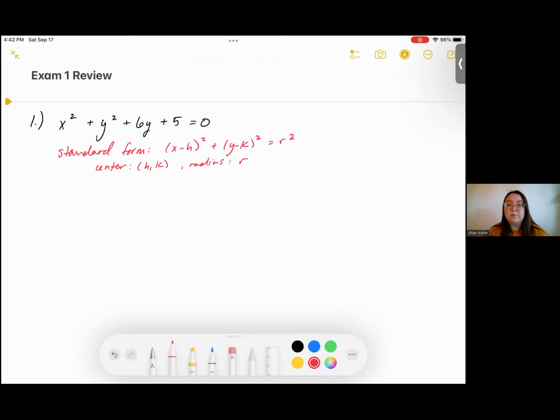Now we've done this problem before back in section 1.9. We did a very similar problem to this, and when we did this problem, we had to complete the square. We had to complete the square twice: with x and with y. It's going to be a little different this time around, but just to remember, completing the square